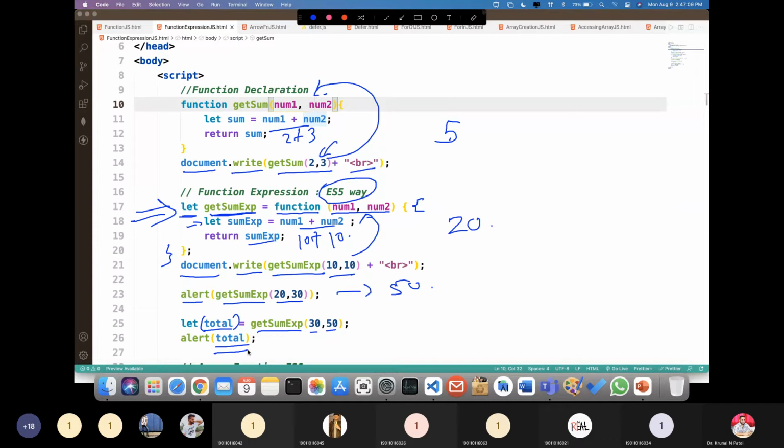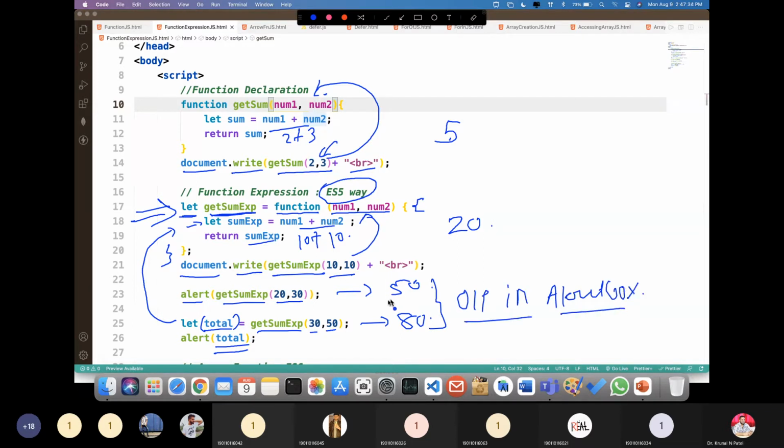You can observe that the function will be the same, only we have changed the variable name. This is only possible with this syntax. So this is the difference between a normal function and a function expression, right? And here it will display 80 in our alert box. So these are our outputs in the alert box. When I execute, just observe this, 50 80.